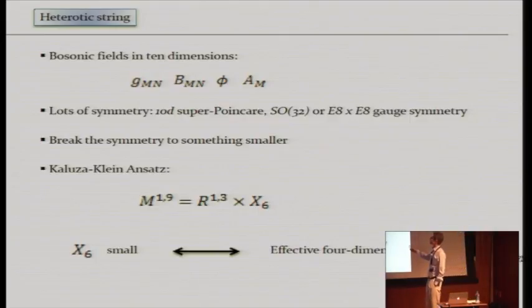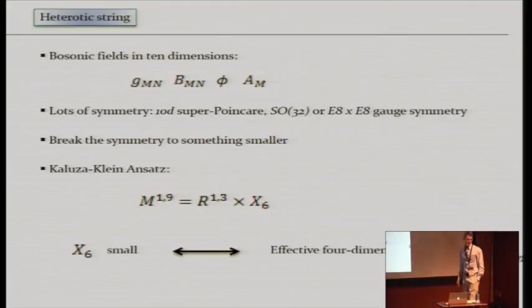So this theory, of course, is going to have lots of symmetry. For starters, it has Poincare symmetry in 10 dimensions. In fact, as I said, it has N equals 1 supersymmetry, so it has 10-dimensional super Poincare invariance. And then this gauge field comes in two flavors. For consistency, it's either SO(32), actually more precisely Spin(32)/Z2, or an E8 times E8 gauge symmetry.